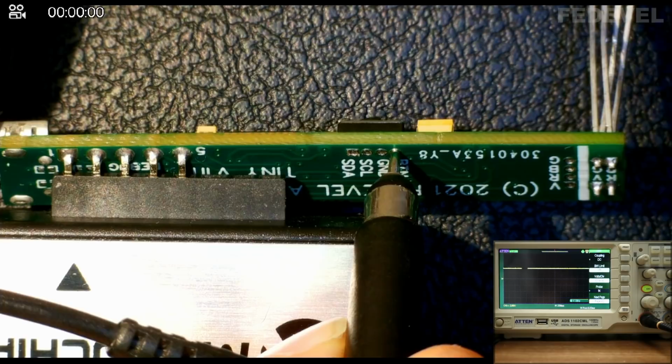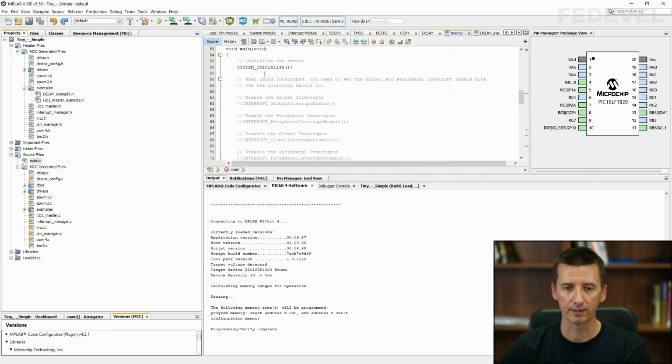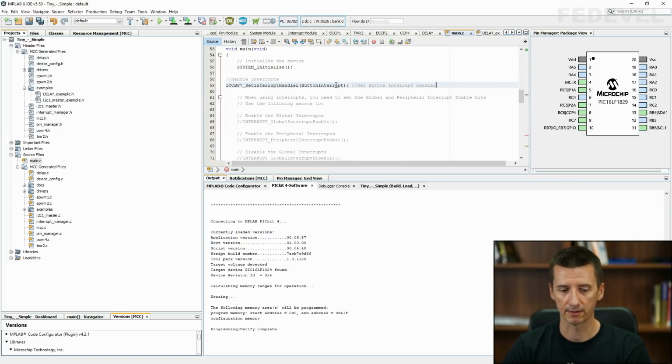Now let's write the software for our interrupt. I would like to keep this video simple, so we are not going to talk about this interrupt in detail. If you would like to know more, you can, for example, have a look inside of this interrupt manager header file. But basically, if you would like to use interrupts in your project, this is what you need to do. Go up, and after system initialization, put there something like this.